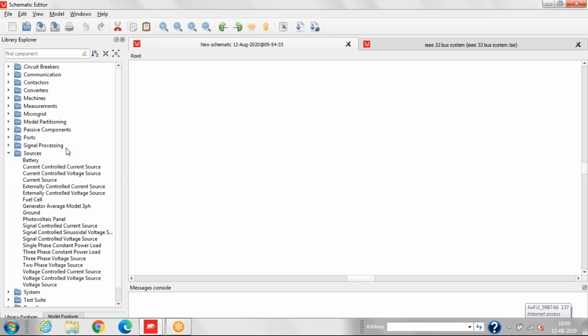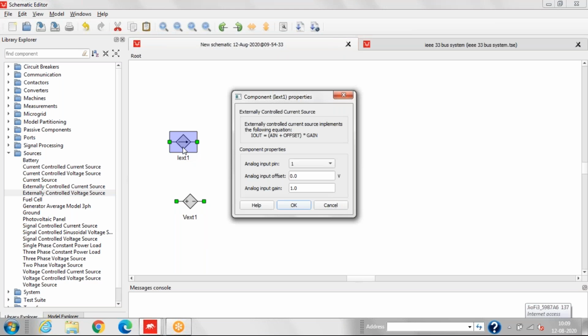In the sources, we can see that we have different types of source: battery, current controlled source, and controlled voltage source. Then current source, external control source. Let me drag one: the externally controlled current source and externally controlled voltage source. They can be controlled externally through input output pins using the analog input pin.